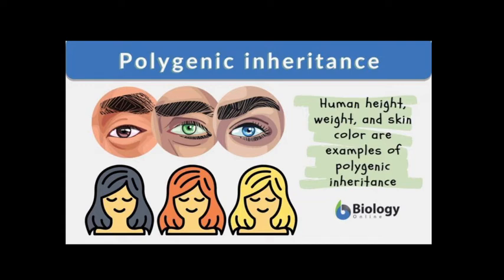Other examples are kernel color of wheat and inheritance of cob length in maize, which are some other examples of polygenic inheritance. So it appears that during evolution there was duplication of chromosomes or chromosome parts, thereby leading to multiple copies of the same gene, and a large number of characters are controlled by polygenes, in which alleles contribute to their phenotype. So this is a result of polygenic inheritance.